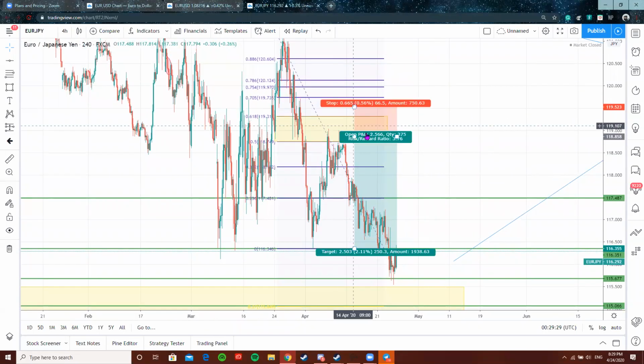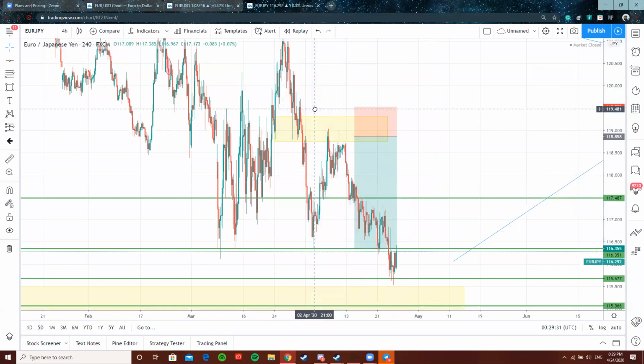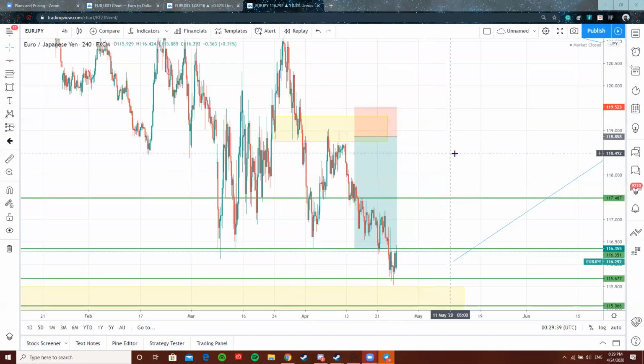Let's look at another pair, and then let's see if we can fib it correctly. Go through it one more. Okay. What do you want me to go through specifically? Because there was a lot that we went over. Do you want me to go over how to place it, how to use it?